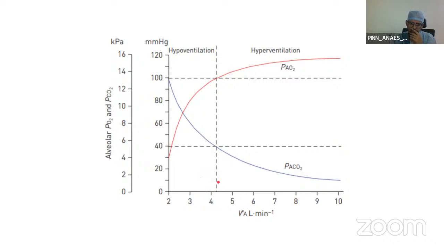If for any reason, like in our case, because of narcotics, this lady developed hypoventilation, the ventilation falls, you can see the CO2 gradually increases corresponding to the drop in ventilation. Similarly, the PO2 also drops. The converse effect happens in case of hyperventilation. In case of hyperventilation, even though the PO2 increases, after a certain point, it reaches a plateau. Similarly, the PaCO2 keeps falling with increasing ventilation.